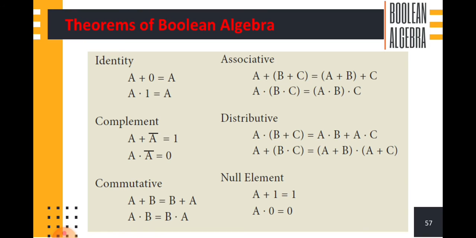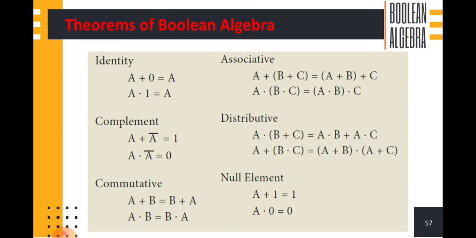And then the complement law. A plus A complement is equal to 1. We substitute the value for A. We take A equal to 0. 0 plus A complement. A complement means what output can we get? A is 0, so A complement is equal to 1. That is, we invert the number. So 0 plus 1. What is the output we get? 1. When you take the value of A as 1, 1 plus 1 complement. What is the value of 1 complement? Again we invert the input, so we get the output 0. 1 plus 0 is also equal to 1.